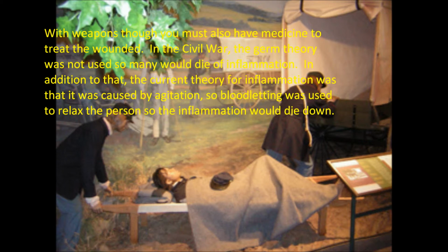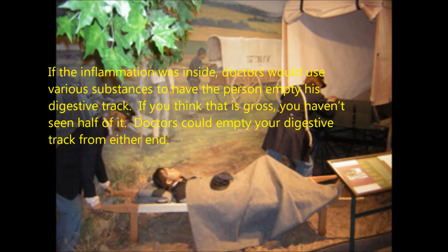With weapons, though, you must also have medicine to treat the wounded. In the Civil War, the germ theory was not used, so many would die of inflammation. In addition to that, the current theory for inflammation was that it was caused by agitation, so bloodletting was used to relax the person so the inflammation would die down. If the inflammation was inside,